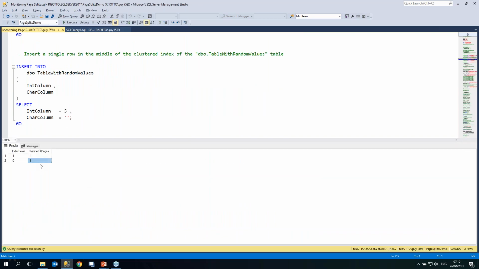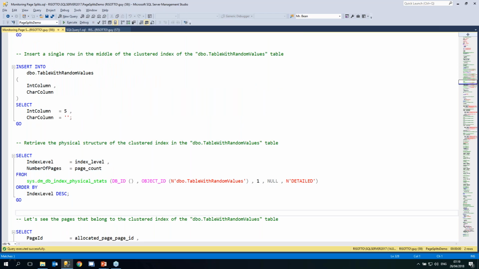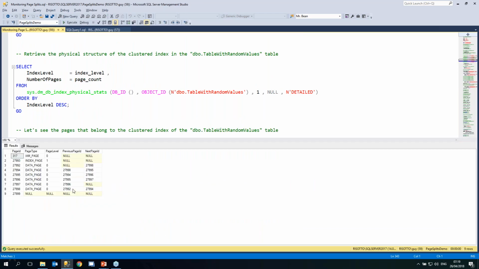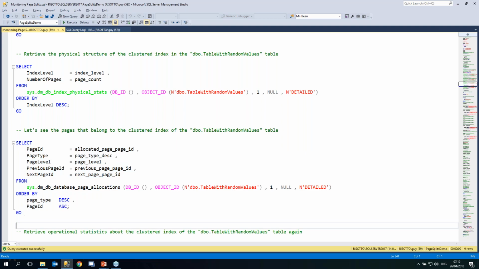We can see now that we have 6 pages in the leaf level of the index. And we can see that things move around. Well, it's hard to follow right now, but there is a new page. It's 998. So now the first page points to 998, which is elsewhere on disk. And this page now points to 994, which was the second page before. Now it's become the third page, and so on. Okay, so this is what page split does.